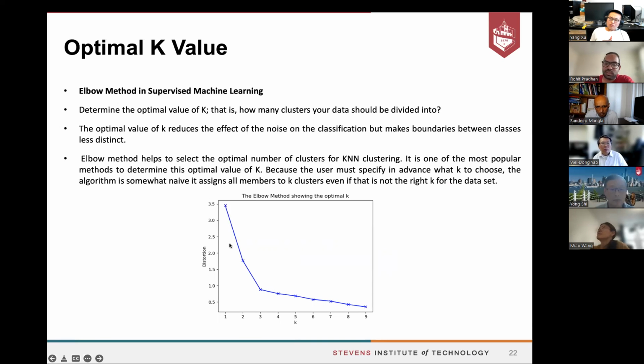It forms a graph like an elbow, and where this elbow cuts down, we can choose it as the optimal value of k. So in this case, we can choose between 3 to 4. Again, it depends on how accurately the algorithm will perform with 3 and 4. It's a trial and error where we can choose between 3 and 4 based on the accuracy metric.